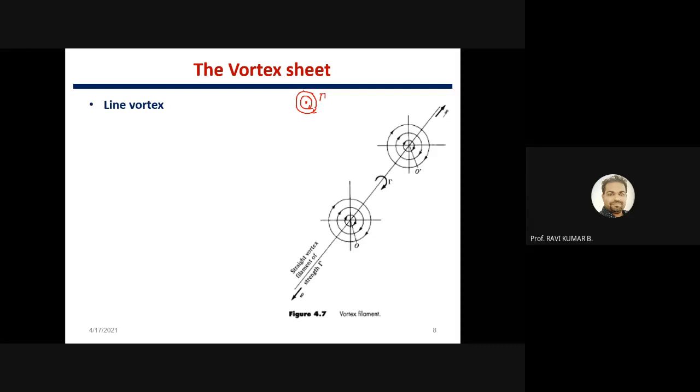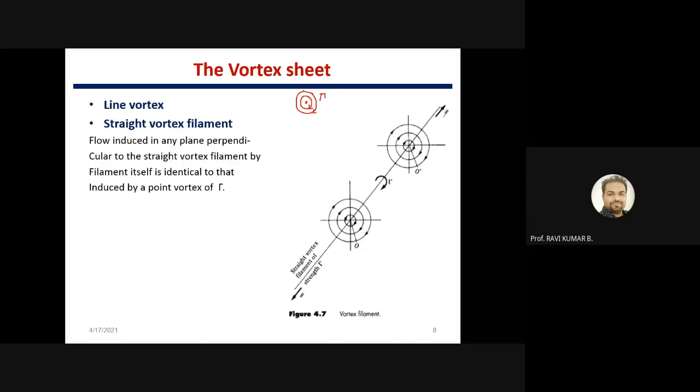So a line vortex definition, if somebody asks you: a line vortex is basically defined as a string of rotating fluid particles, spinning on their common axis. Their axis will be common, which is represented by a point if you are looking at the front view. They spin on their common axis, carrying around with them a swirl of fluid particles which flow around in circles. So this is the definition we usually state. Now we are expanding this.